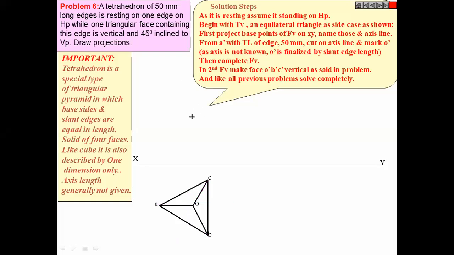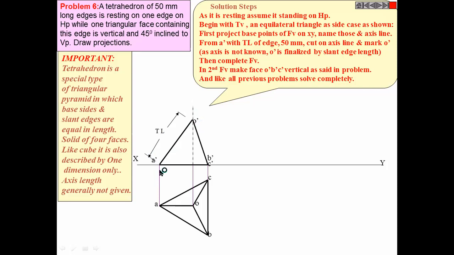Okay. So what is the next step? Next step is to draw projections. So we will draw its projections. So these are the faces. Fine. Now this is the true length. Correct? This is the true slant length of a slant edge. That is how you will fix this point O in the vertical direction.